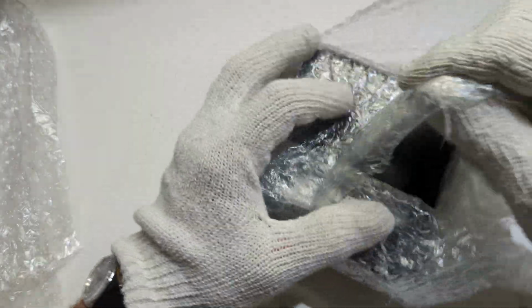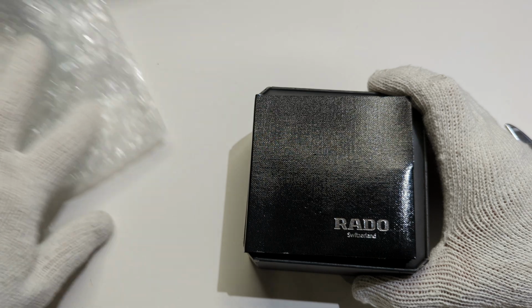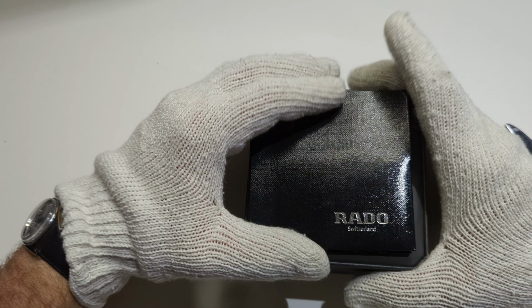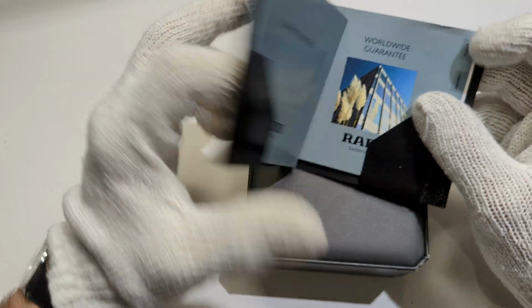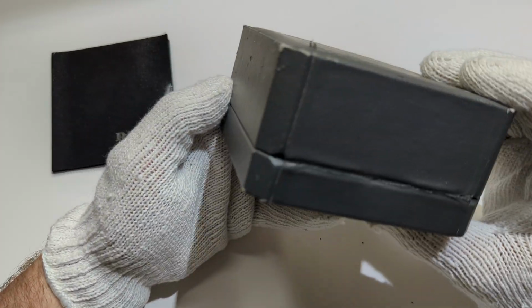I am actually quite a little bit nervous. Here we go. So I'll get the box out of the way. So there's the manual and everything to it. And this is it. I got the right